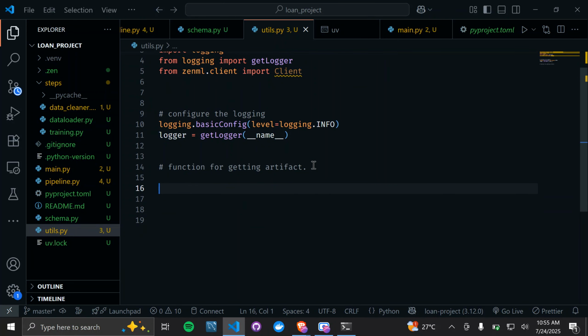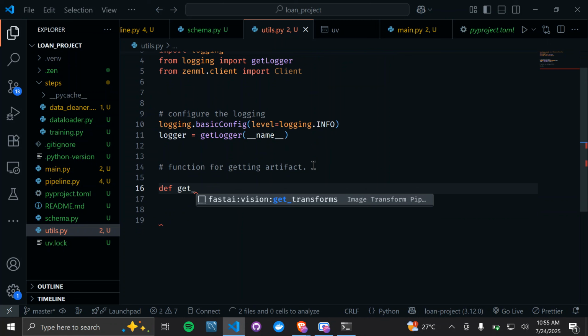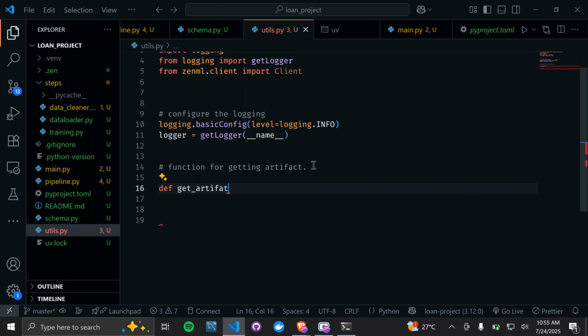So I'm going to come here and say def get_artifacts, and it is going to take nothing and return